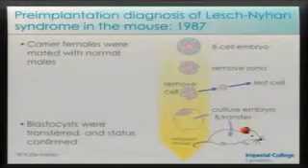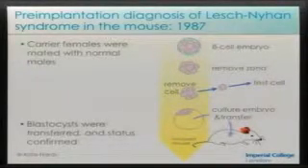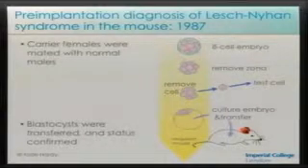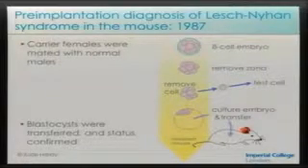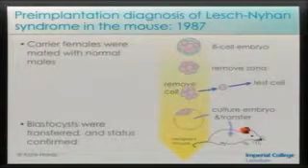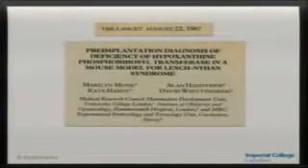pre-implantation diagnosis. I was still based at Carshalton at this stage, and the experiment that we all collaborated on was taking 8 cell embryos from these carrier females, taking off the zona, taking a cell off, testing the cell using a very sensitive enzyme assay, identifying embryos that we thought were affected and we thought were healthy, transferring them back, and checking to see whether we were correct. And we were correct. So this was a very, very important study confirming that it was possible to diagnose defects